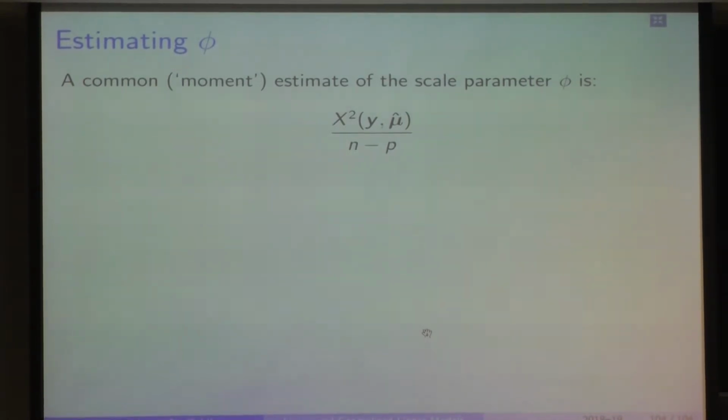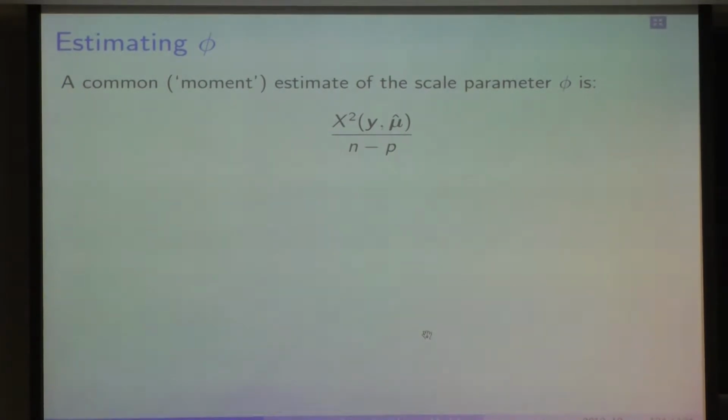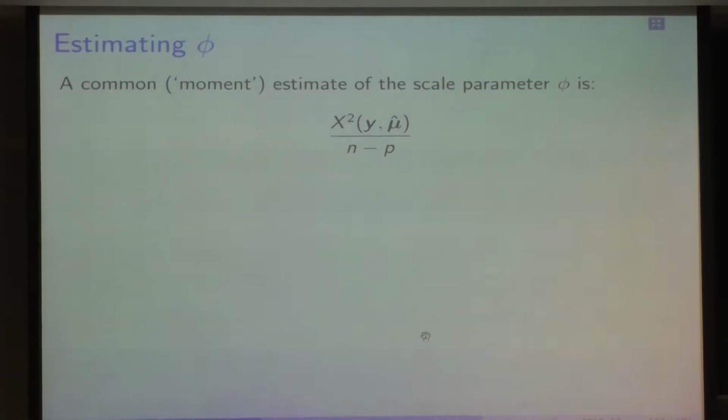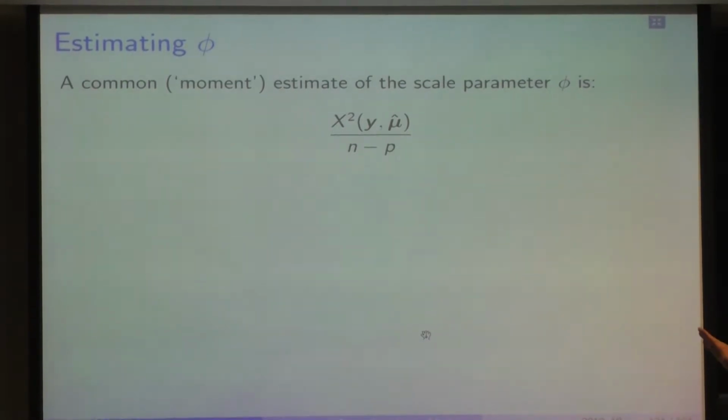So if we want to estimate phi, then we can take either the Pearson chi-squared statistic, which is the one given here, or the residual deviance, and we can divide by n minus p. That should give us something which would have mean phi. Because if we divide by phi, as well as dividing by n minus p, we should have something with mean 1. So we've divided by both the n minus p, which is the mean of the chi-squared, and the phi, which scales us to the chi-squared. So just dividing by n minus p should give us something which has mean phi. So we can use either the Pearson chi-squared,